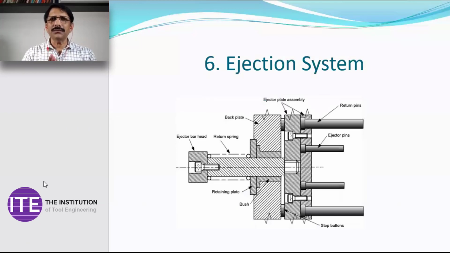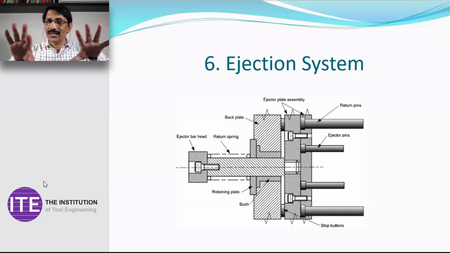Ejection system means a system which ejects the component from the die, and it contains ejector plate, ejector pin, and a mechanism for forward and backward movement of the ejector plate. Designing of the ejection system is again one feature you have to design. Sometimes there is an ejection system available on the machine, so that time you have to just design the ejector pins. Again, it's a very vast subject how to design the ejector pin. What should be the size of the ejector pin, what should be the clearance between ejector pin and ejector pin hole, what should be the surface finish, what should be the accuracy.